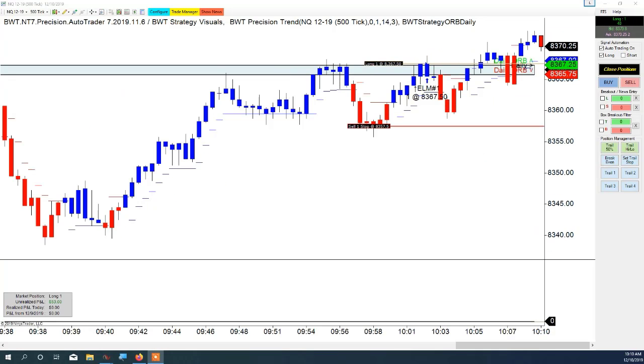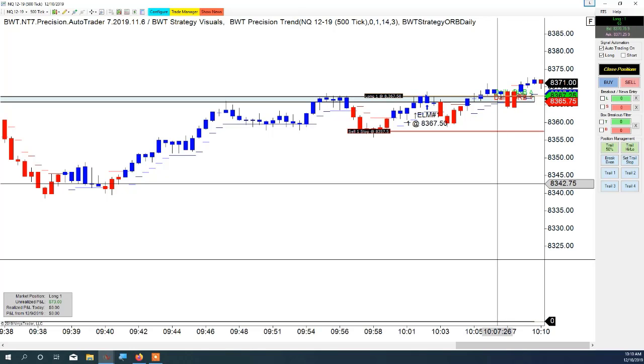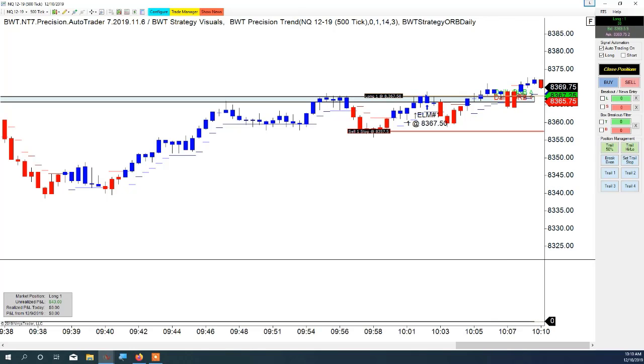Well, they came all the way back, traded above the open range, and now there is a long trade. This template has a 40 tick stop, so